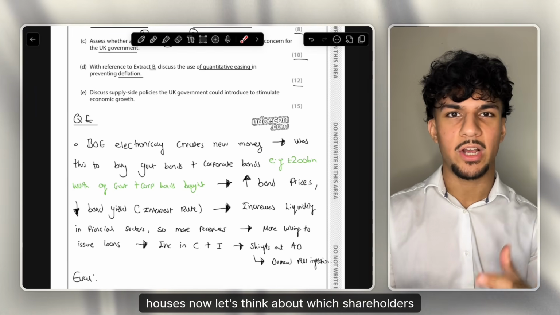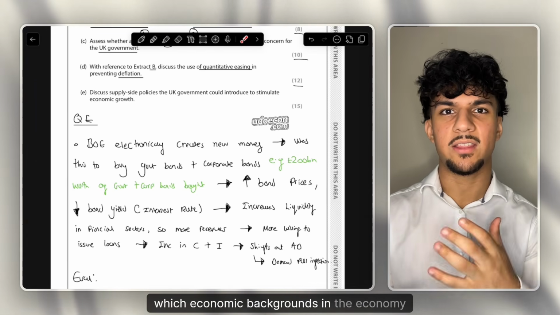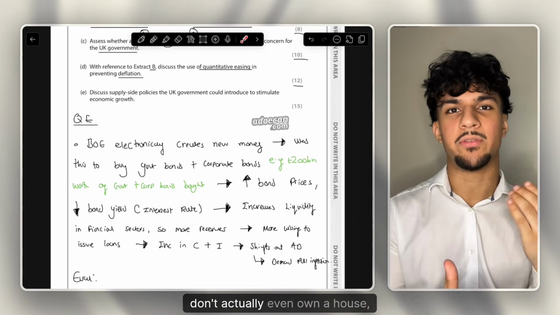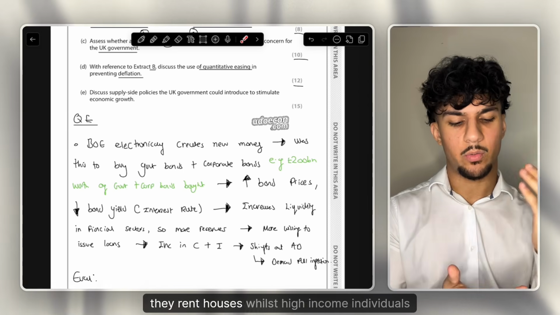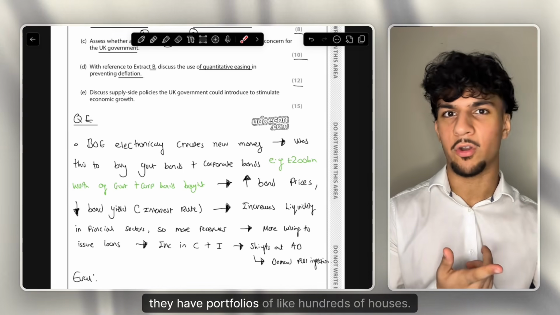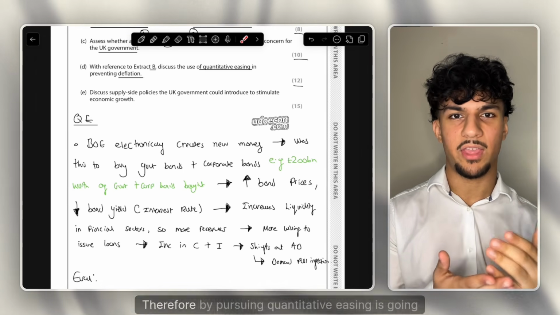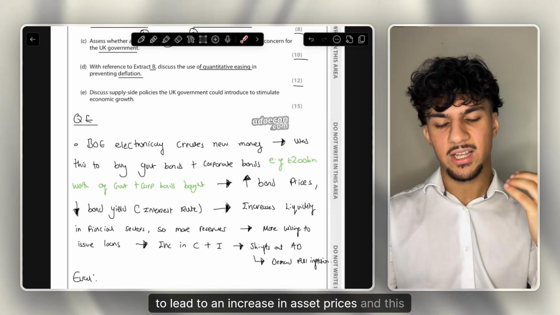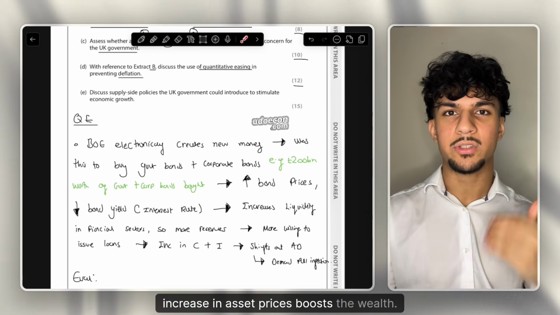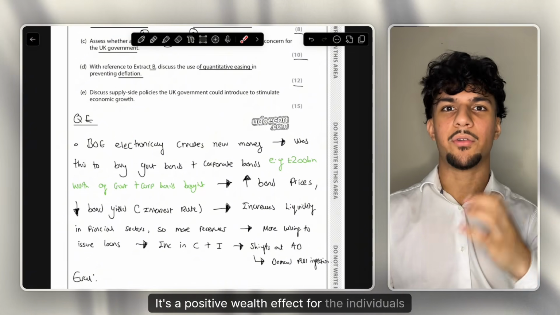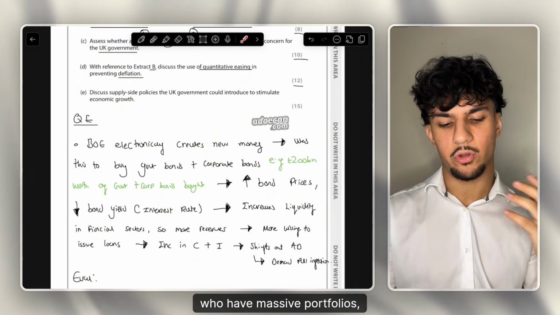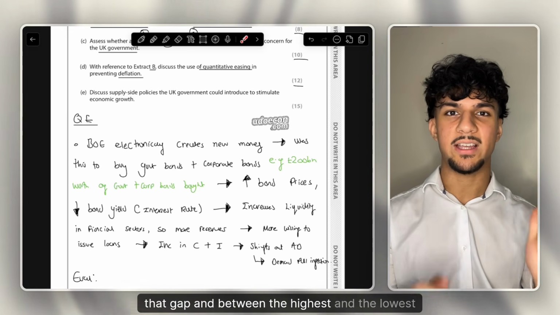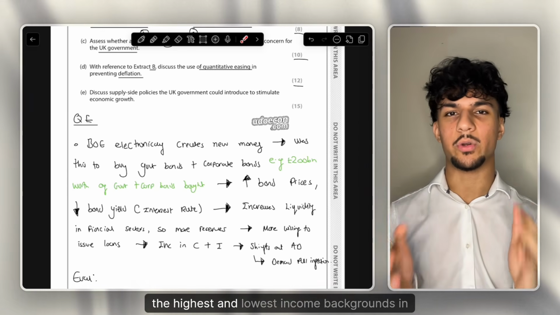Now let's think about which shareholders, which economic backgrounds in the economy hold most of the assets. Of course, low-income individuals usually don't even own a house, they rent houses, whilst high-income individuals have portfolios of hundreds of houses. Therefore, quantitative easing is going to lead to an increase in asset prices, and this boosts the wealth. It's a positive wealth effect for the individuals who have massive portfolios, who have massive assets, which again just increases that gap between the highest and the lowest income earners, the highest and lowest income backgrounds